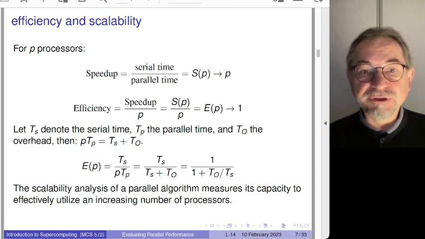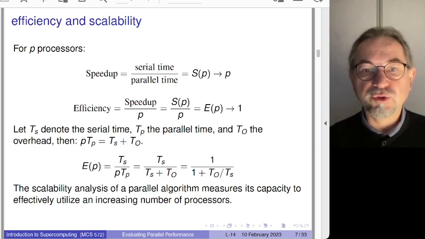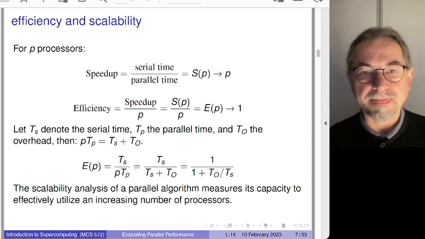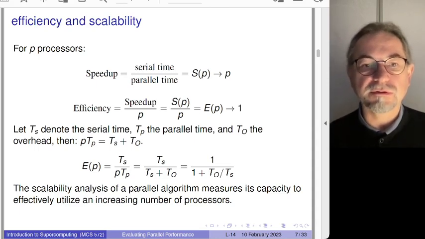Then there is the efficiency metric. So we divide the speedup by the number of processors. And with an optimal speedup, the efficiency should go to 1. But what actually prevents the optimal speedup is the overhead time. So the total parallel time is the sum of the overhead, so it contains,